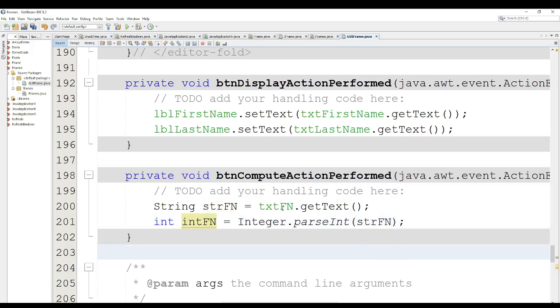To convert this variable, because the data type of this variable is a string. So I need to convert that into integer using the Integer.parseInt method. Okay, and then put that in our variable int fn. Okay, same with the